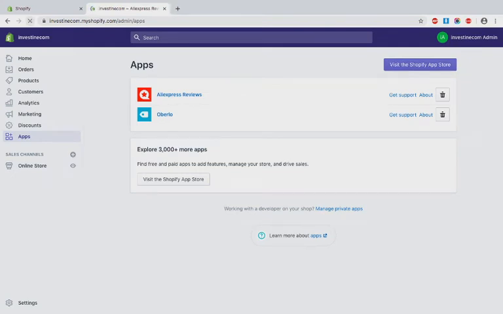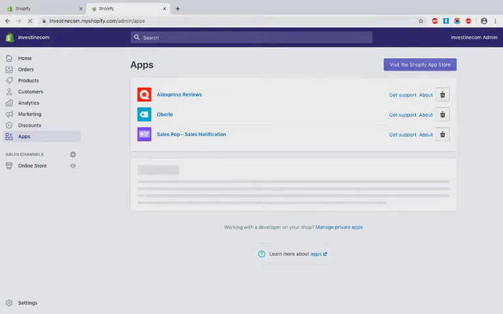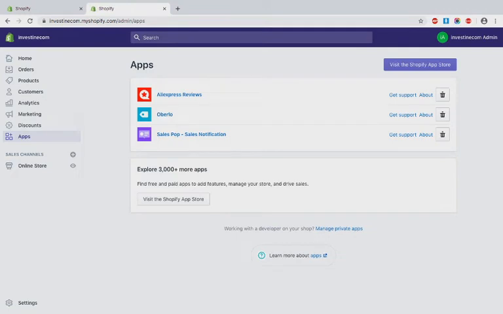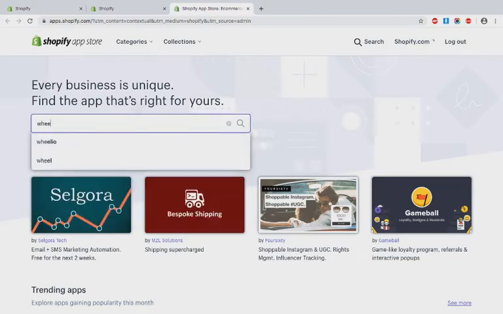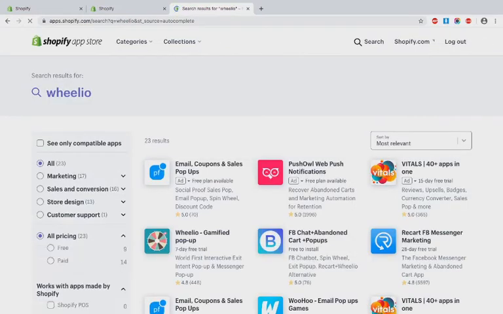Okay, so that's pretty much it with the apps that I use. It's very simple. And then when you're scaling, I use a couple other apps. When you start scaling and you start bringing traffic, there's two apps that you need to install. The two most important apps is Wheelio. Wheelio saved me so much money because every time somebody is trying to leave the website, Wheelio will